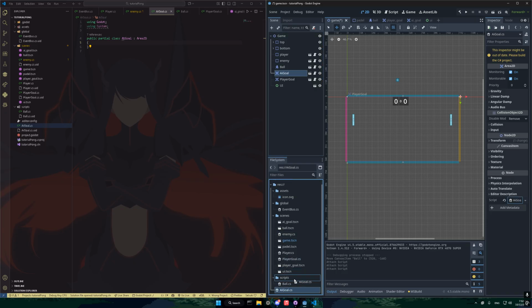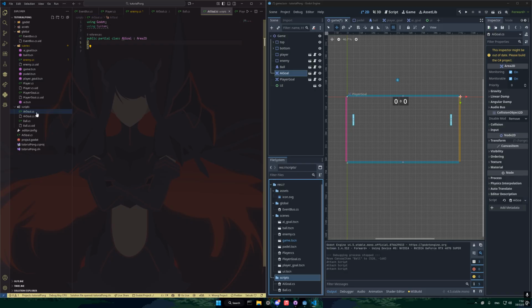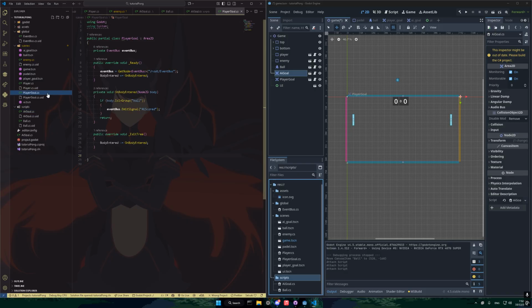Oh, we put it in the wrong place. Here, script. Okay, there we go. So AI go. Our AI go is going to be essentially the same thing. It doesn't really matter that much. So for our AI go, it's essentially the same thing. We can honestly just copy paste this